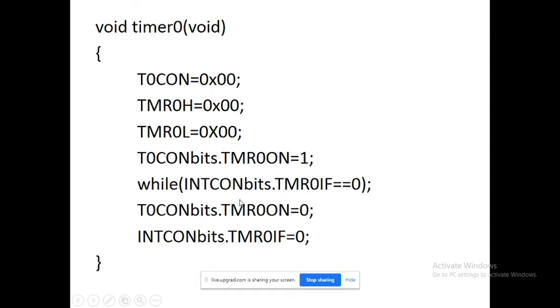At that time you come out of that while loop, and the next action done by us is that the timer control bit, the on bit, you are making it off. Means after that you don't want the timer on, you are turning the timer off. Timer 0 on bit is equal to 0, means timer gets off. In a similar way, the timer 0 interrupt flag again becomes 0 for the next action. In this fashion we are writing this program for generating the square wave.